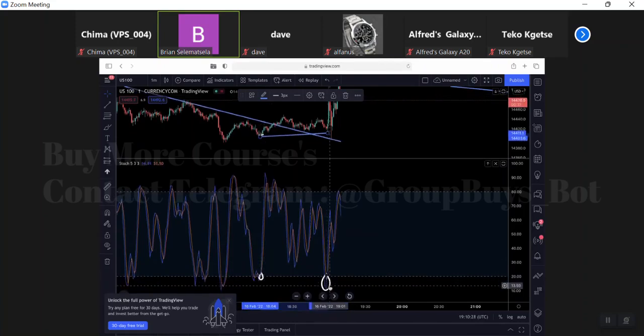When the stochastic was there, the market was there. So that's what we call divergence, which is a technique that we use in order to make any form of entry